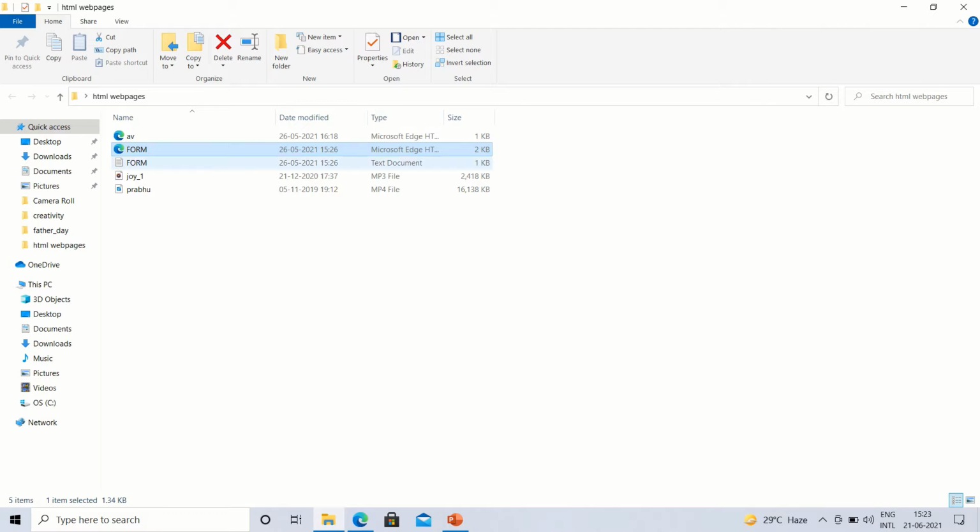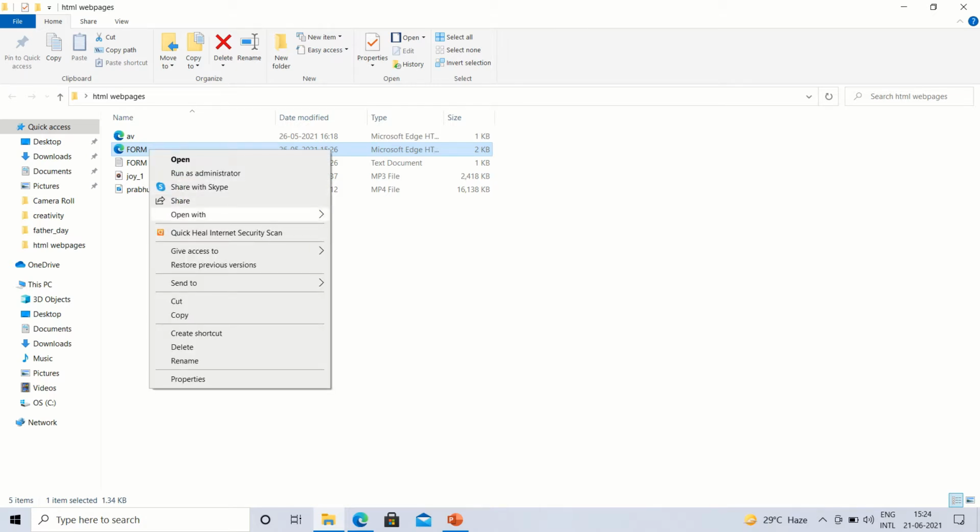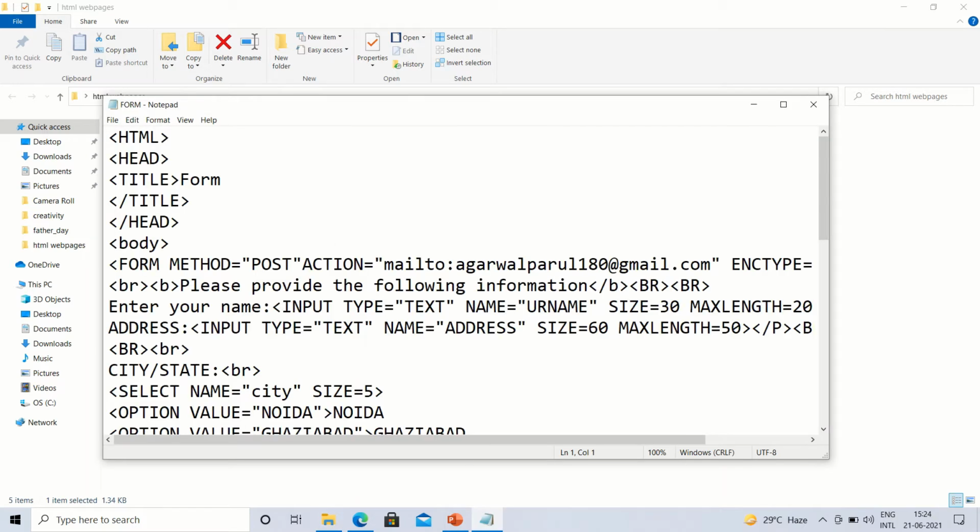So now see here, we are having this. We can right click on it, and when we right click, there will be the option Open with. So instead of opening in Microsoft Edge or Internet Explorer, to see its coding, I'll go to Notepad.